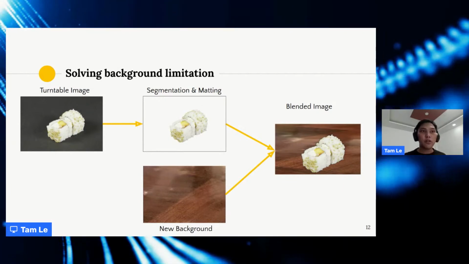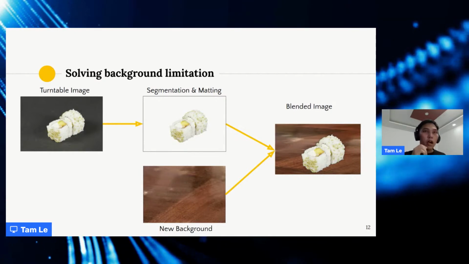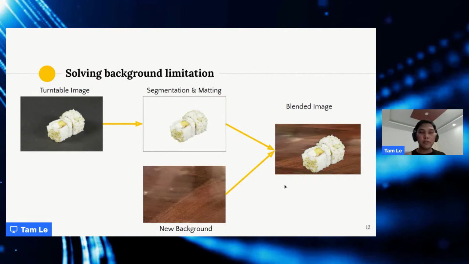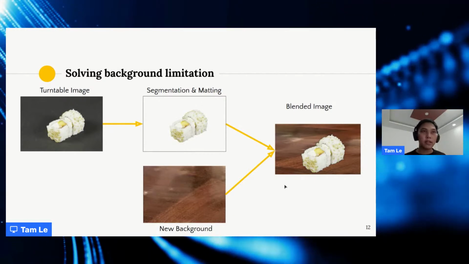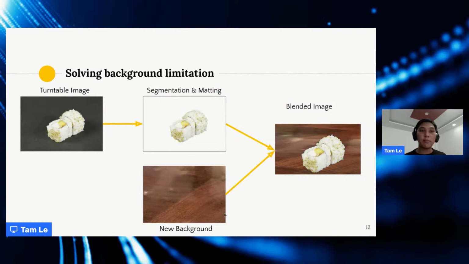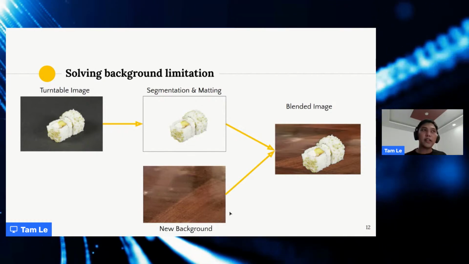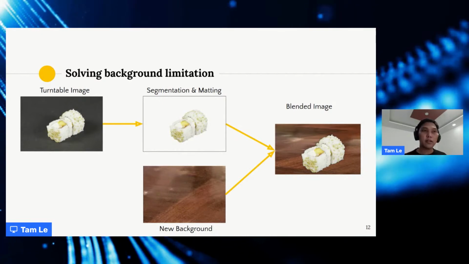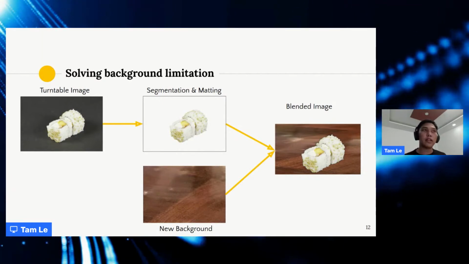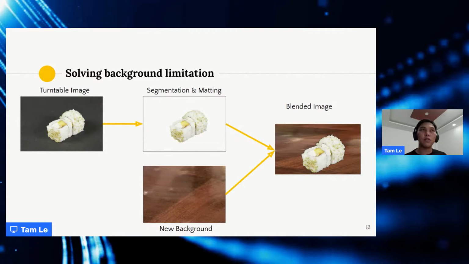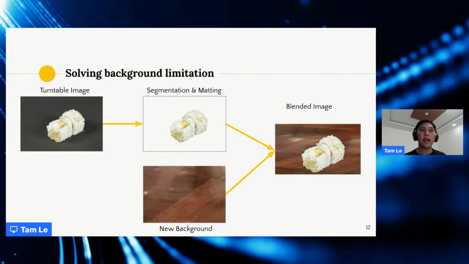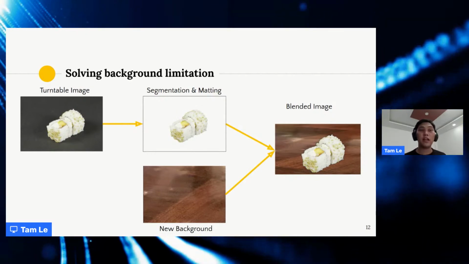This solution can solve the background variation problem, because you can collect the background independently from the object itself. We need to collect backgrounds and objects separately, and then we have many combined images.